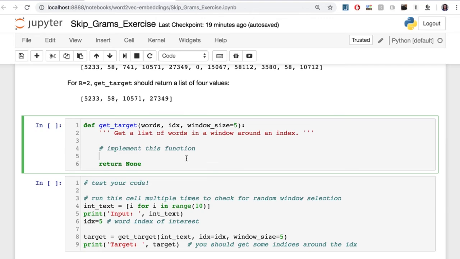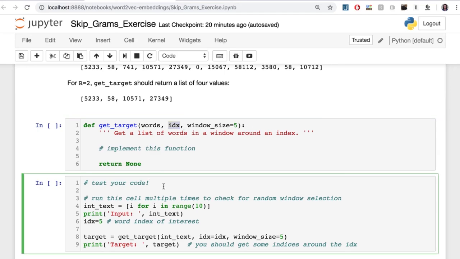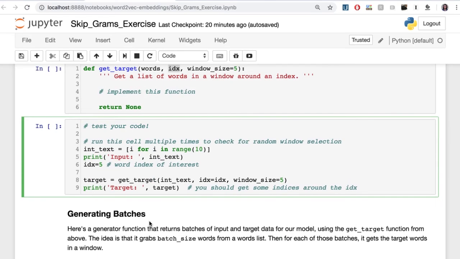So here I've left this function for you to fill out. Now there are some special cases. If the index that's passed in is 0, or your range cannot go back in the past as far as you want, then you can start your context at the start of the passed in list of words. And you can test out your implementation in this cell below. Next, we'll use this function to actually batch the data, and so it's important that this is implemented correctly. As usual, if you're stuck or want to see my solution, check out my solution video next.